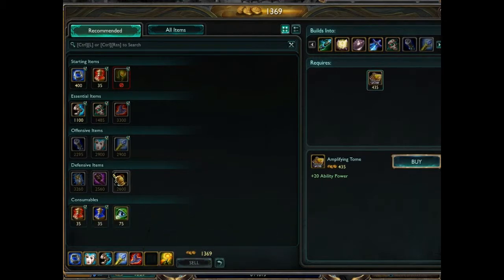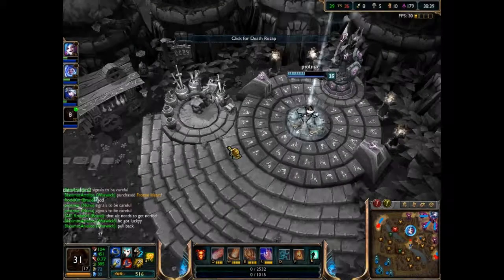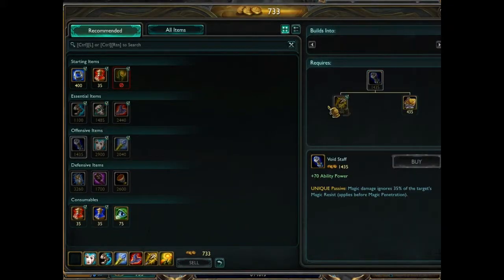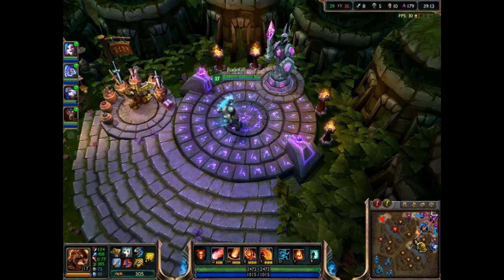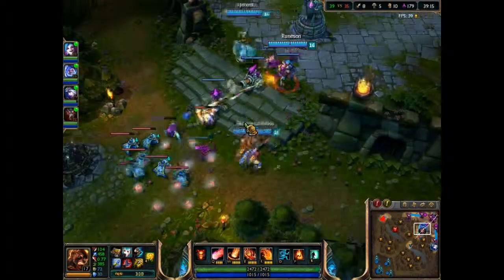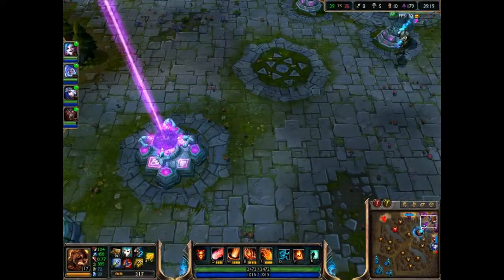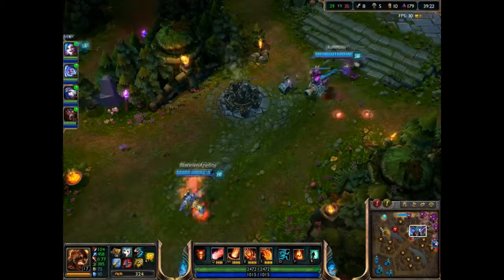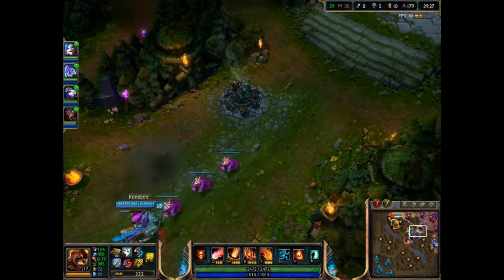Anyways, I pawned off my Amplifying Tome so I can pay for the Blasting Wand, because the Blasting Wand offers more ability power, and I had the gold for it, and also I'll have to save up less for the void stuff. I pawn off my ring so I can get the other Amplifying Tome to get in even more ability power. So right now we got the Amplifying Tome, Liandry's Torment, Sorcerer's Shoes, Rylai's Crystal Scepter, Rabadon's Deathcap,